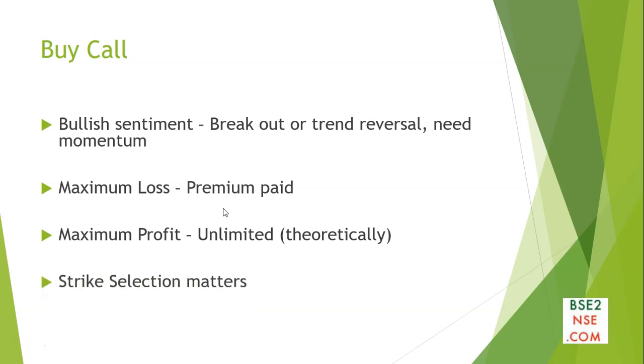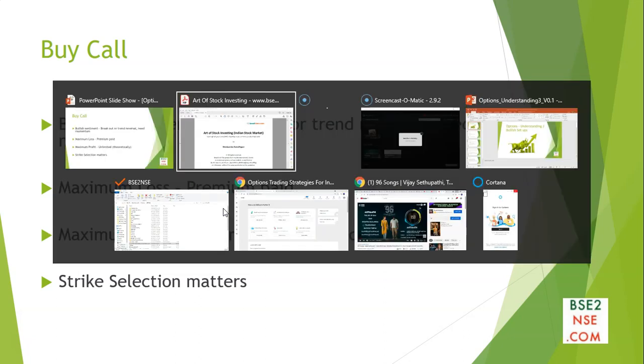The selection of strike matters if you are planning to hold it till expiry. When you select a strike which is closer to the current spot price, it will be costly, meaning you will have to pay more premium to buy that. The capital required is higher, but the probability of that becoming in the money is higher than you buying a far away out of the money call option. Now let us discuss with an example.